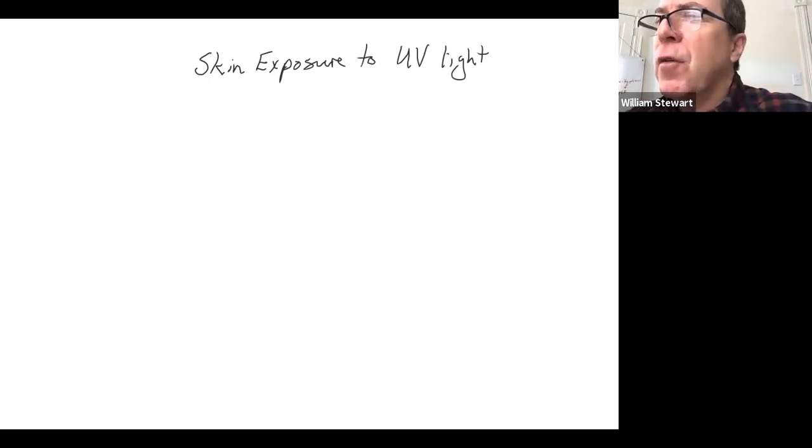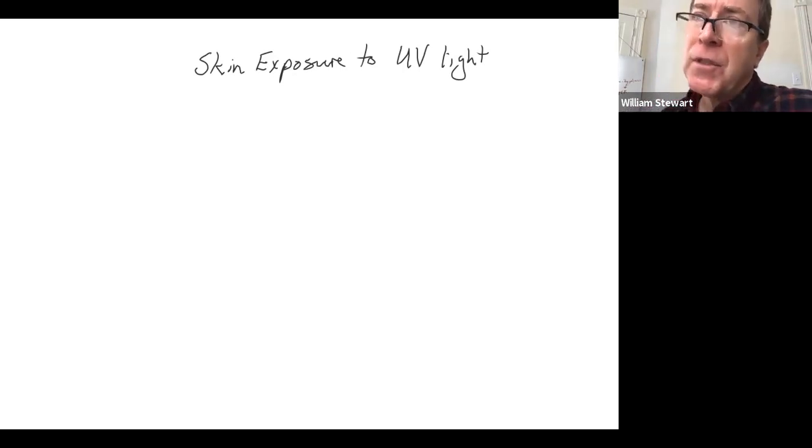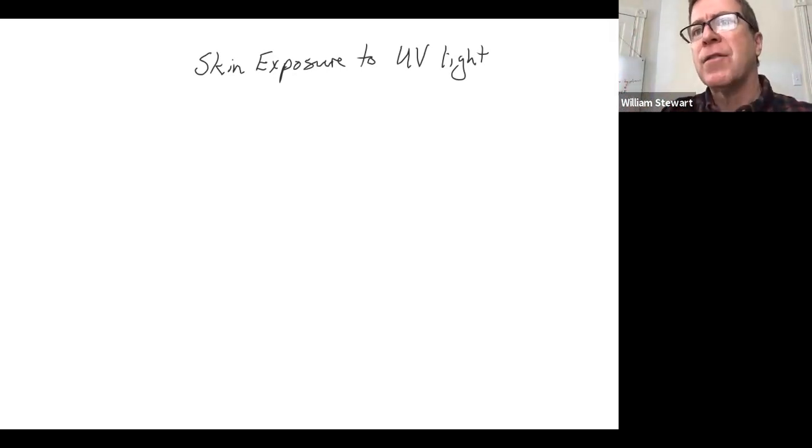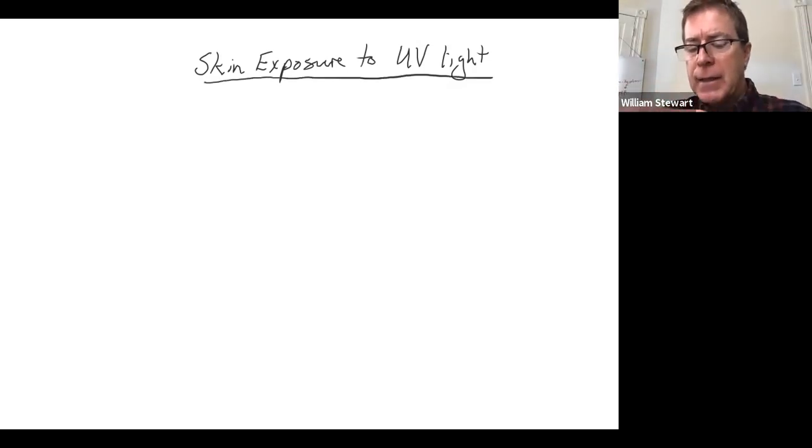So the sort of paradox about sunlight is we need sunlight in order to produce vitamin D. It's actually produced, the precursor to vitamin D is produced in our skin only when sunlight hits it. So it's a requirement. We have to have some sunlight hitting our skin, but obviously too much exposure is what causes cancer. Here's the process of what happens when UV light